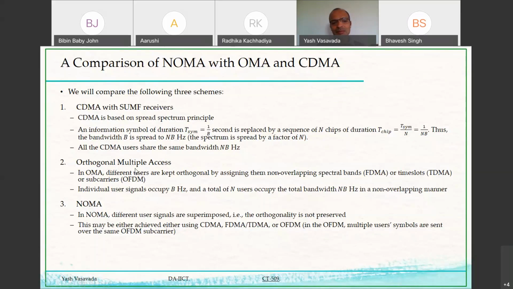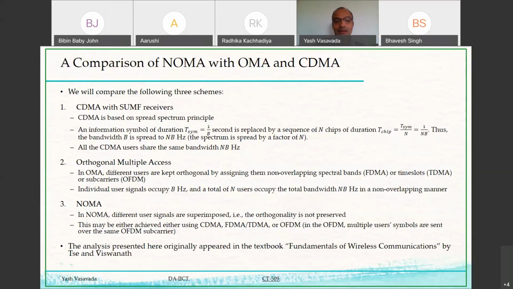But then starting maybe about last 10 to 15 years is where NOMA started gaining more attention. And specifically over last 5 years is when I say that suddenly NOMA has taken a big leap forward. That now for 5G, it is now considered as a replacement of the OMA. Okay, so let us look at some analysis of this NOMA as compared against OMA and CDMA.